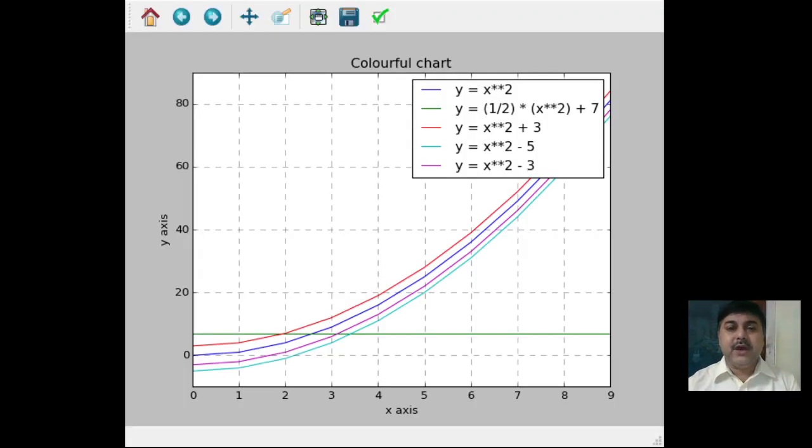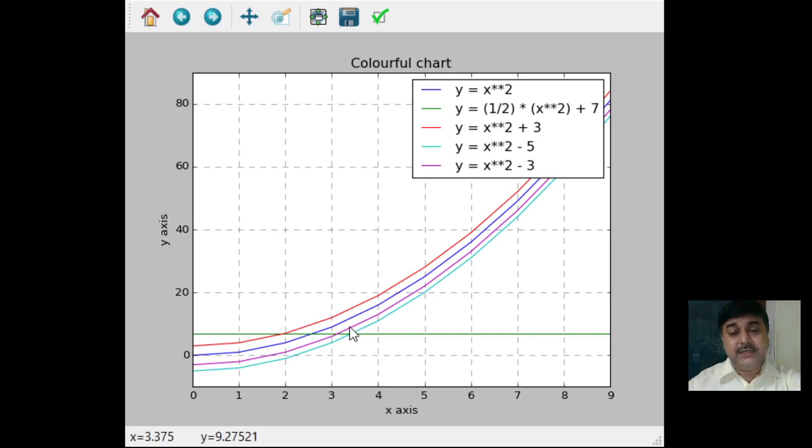Now see this graph, this particular output of the graph. You can see that different graph lines have been drawn with colors. So why are these colors there? Because by default we know there are two colors: one is blue, and another is a light green color.